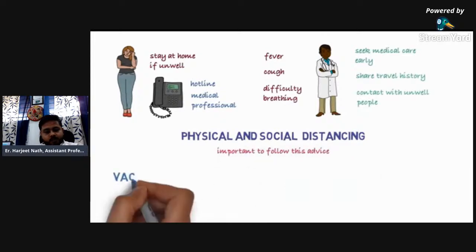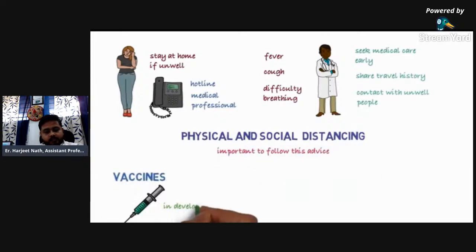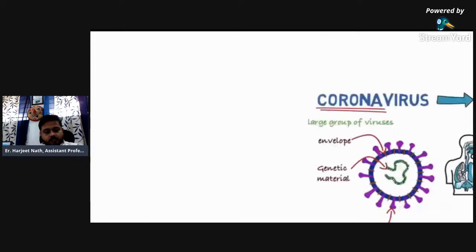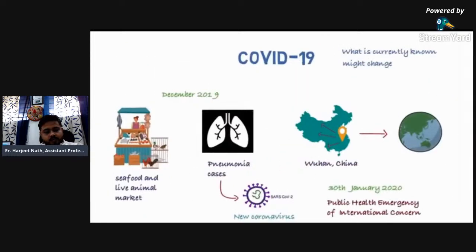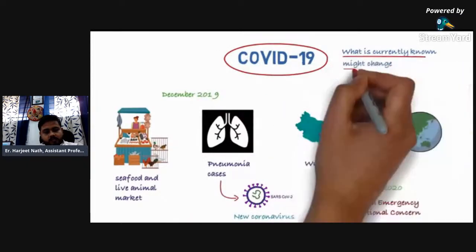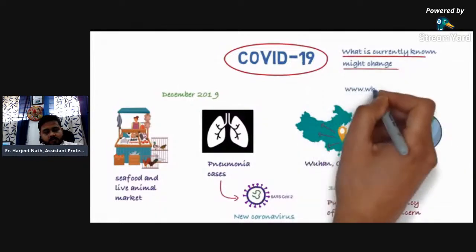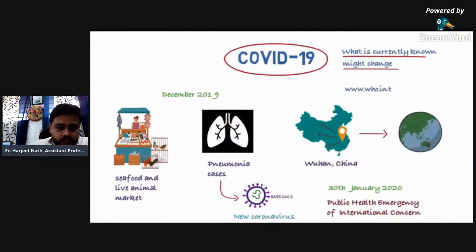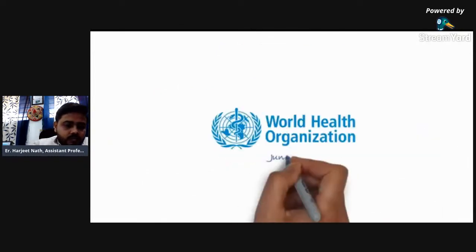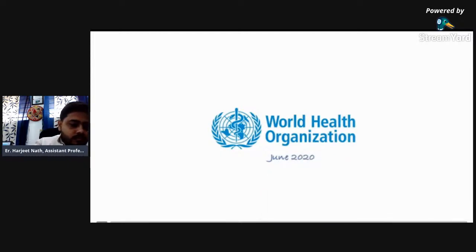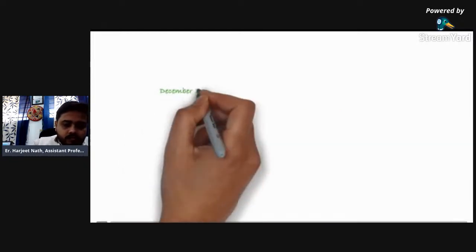Vaccines to prevent COVID-19 are currently under development, and scientists around the world are working hard to make this happen. That's a quick look at this emerging infectious disease. We're still learning about this virus every day, and what's known may change. So please, check the website below for the most up-to-date information. In December 2019,